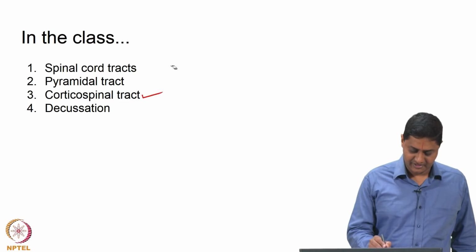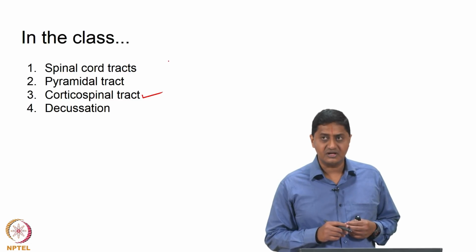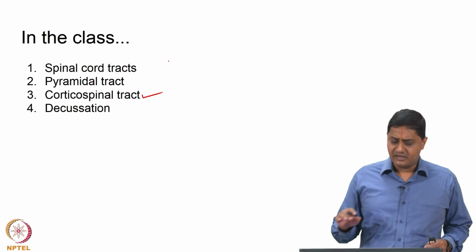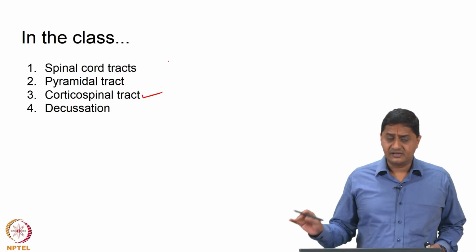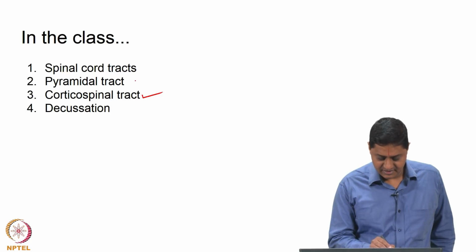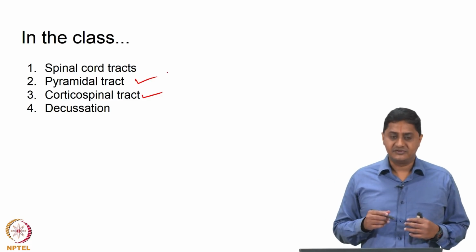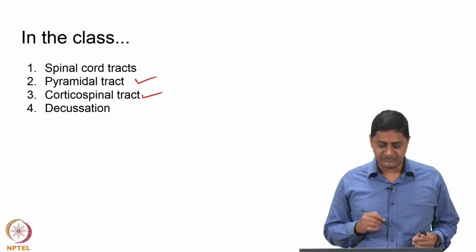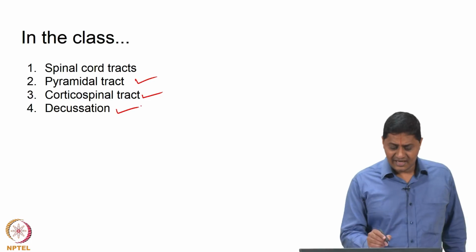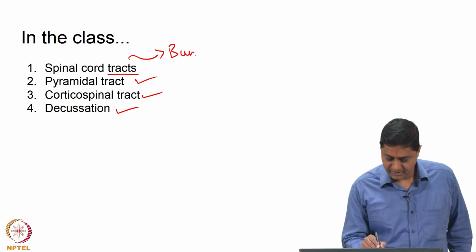the corticospinal tract. There are tracts that originate in the cortex at layer 5 and proceed on to either the brainstem or the spinal cord. This tract is called a pyramidal tract. Then we need to discuss the importance of the crossing over of the pyramidal tract, also called decussation. What do we mean by tract? Tract refers to a bundle of neurons.